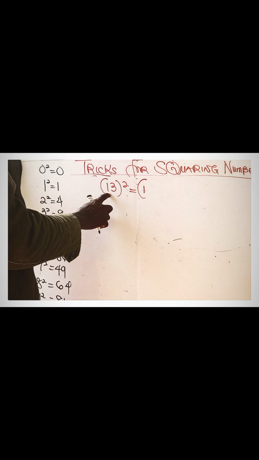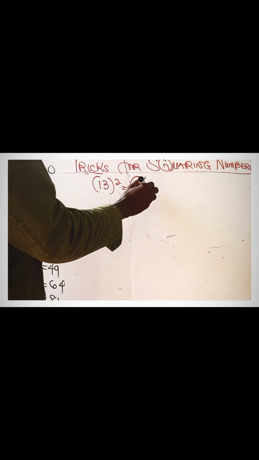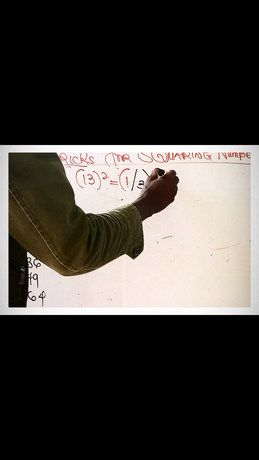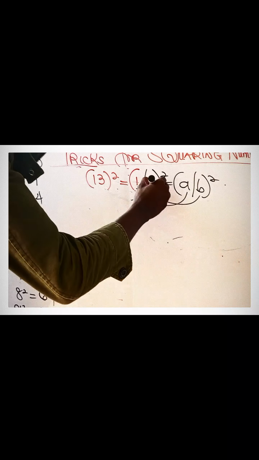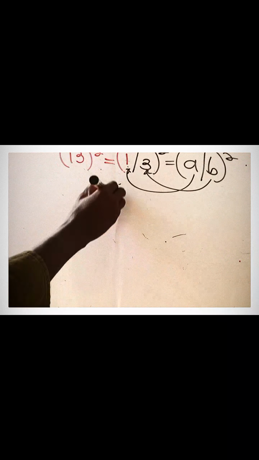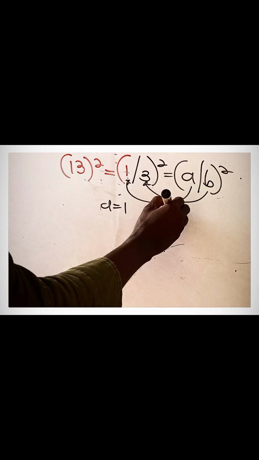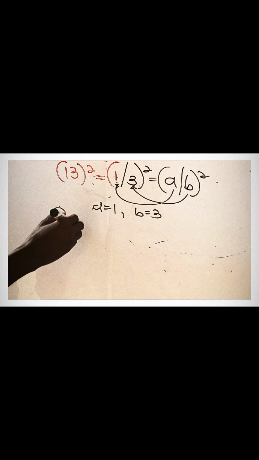1/3 squared. This can also be written as (1/3) all squared, which is the same thing as (A/B) all squared. And from our comparison, we see that our A is 1 and our B is 3. So according to this, where A is 1 and B is 3, we apply our formula, which is (A/B)